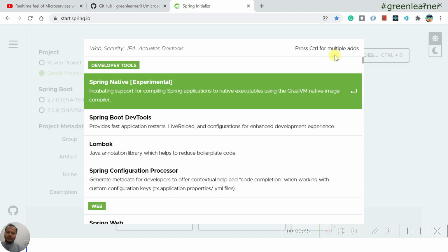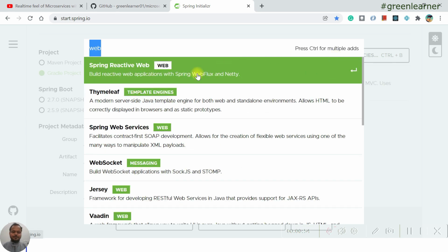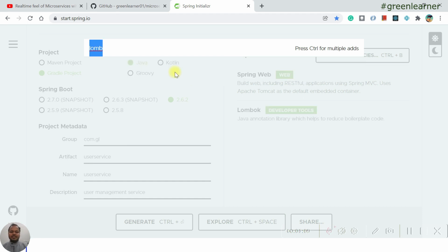We are going to create a Spring Boot project, a REST-based microservice actually. What is the first thing it needs? A Spring Web dependency. When you create these endpoints, you are going to have some models and entities for which you need getters and setters, those boilerplate codes. Lombok is the dependency that can help us write that boilerplate code at compile time only, so we do not have to write it, just a few annotations.